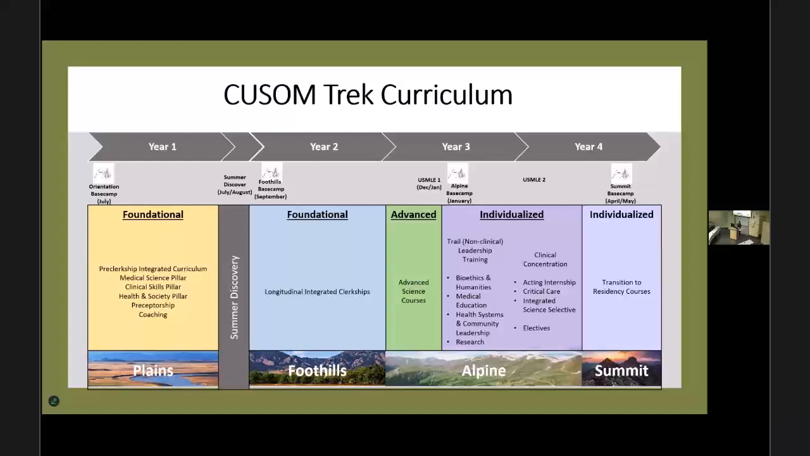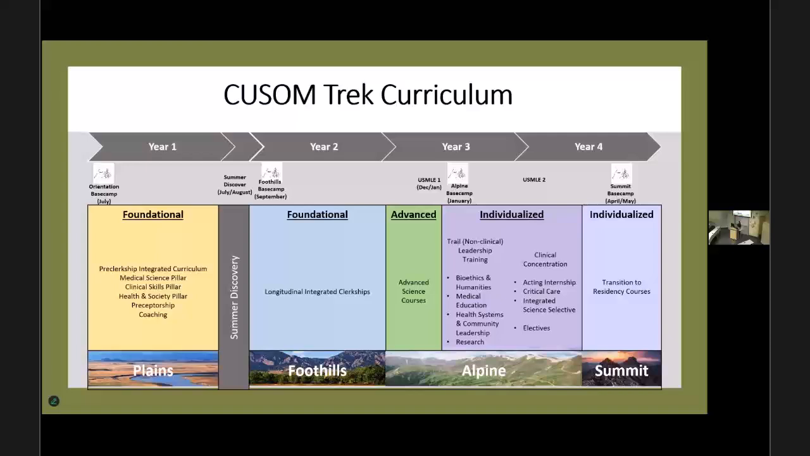And this runs from the base camp, again, fitting into this journey up the mountain scheme. We've got base camp, in which they get their orientation in September, and then the LICs run all the way through August of the next year. After they successfully complete their LIC, complete the Foothills, they move into the Alpine, which includes all of the content in a traditional curriculum that happens during fourth year,